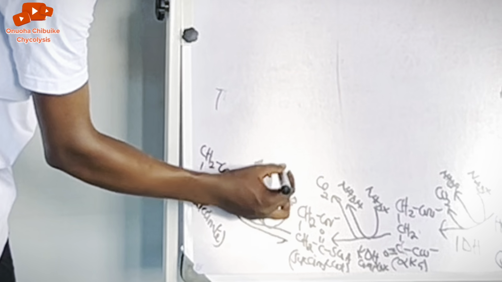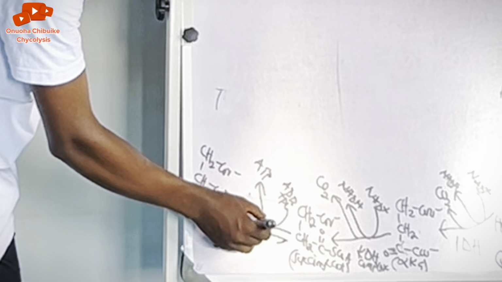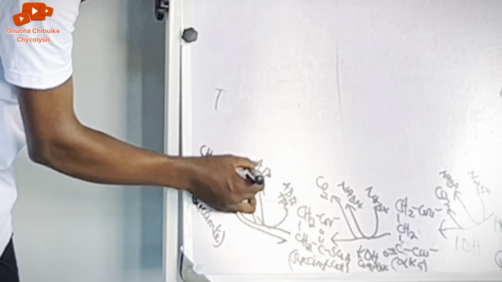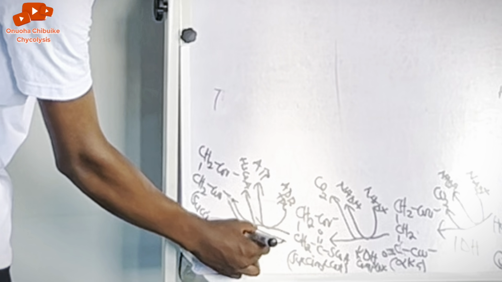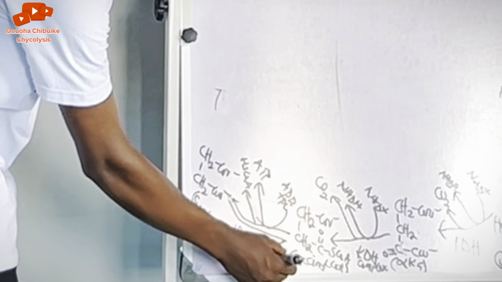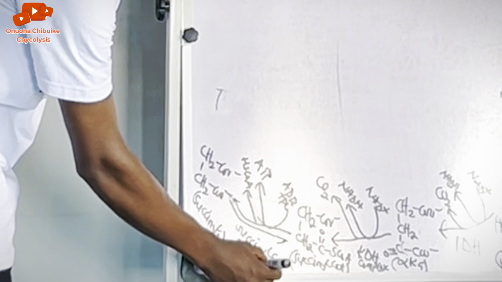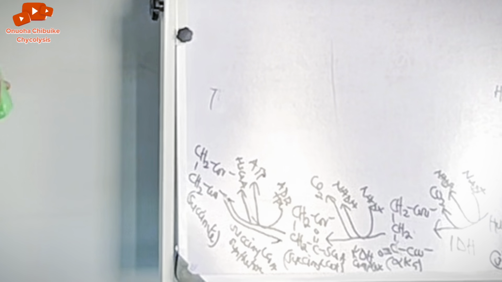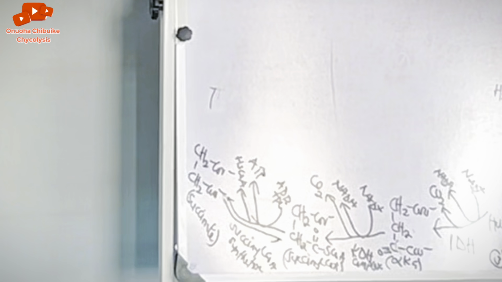Meanwhile, we can also use GDP plus Pi. Pi is inorganic phosphate. So the enzyme is succinyl-CoA synthetase. So step 6 is a conversion of succinate to